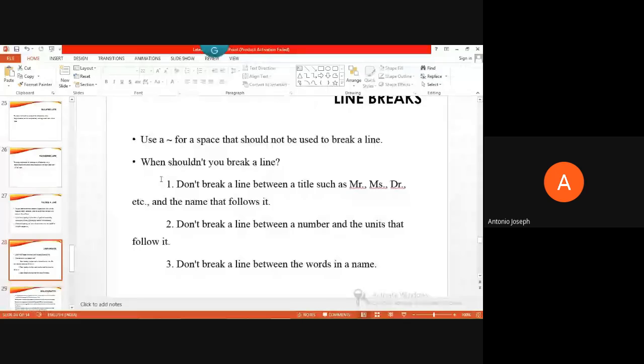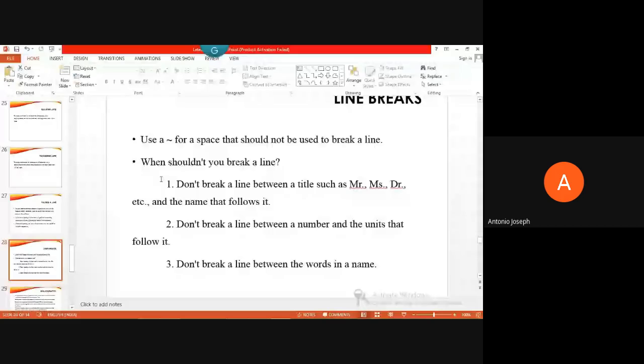And we don't know whether those words should be kept in a single line or not. So it may happen that if the name of a Dr. XYZ or Mr. XYZ, etc., this Mr. and Doctor or Miss will be on one line and the name will be occurring on the next line. So that's not a desirable one, isn't it?